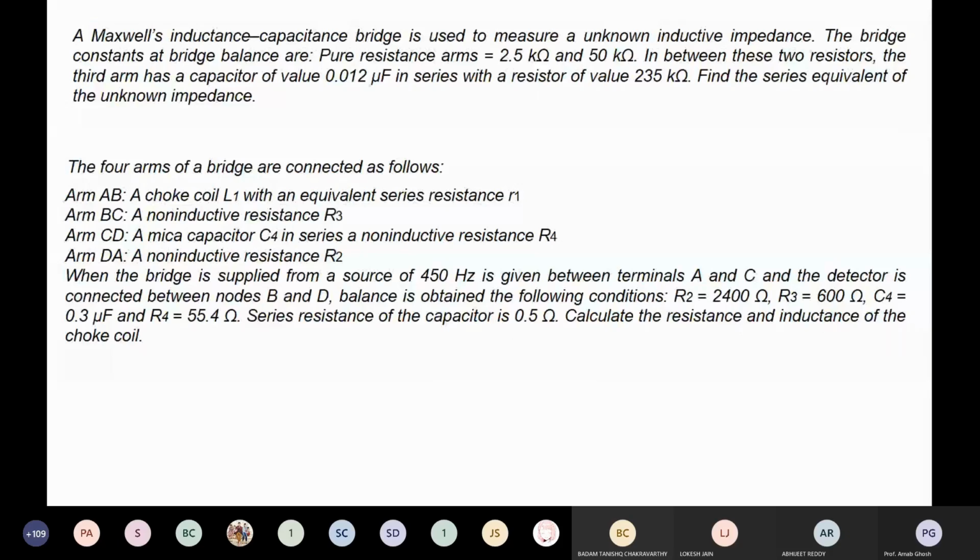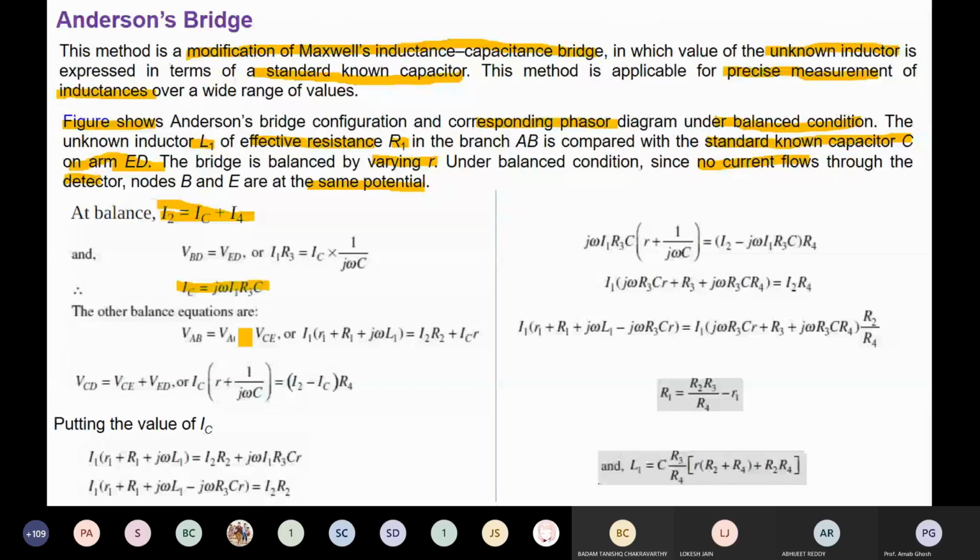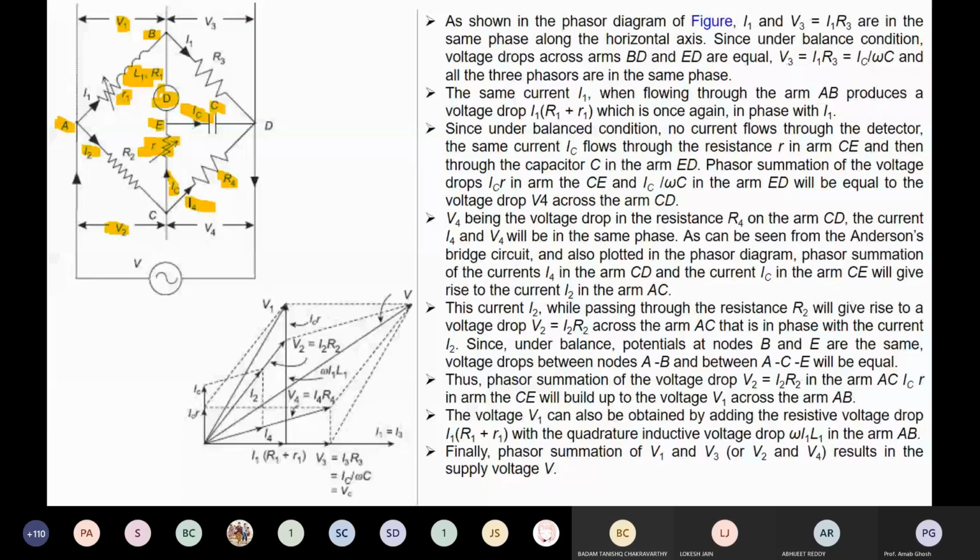You can do those basic steps at home. I think you are able to understand how to get that value. I am giving that expression for the phasor diagram, so it is your home task. If you face any difficulties, you can ask me in my next class, because these are the basic confusions of the Anderson bridge. All of you try to draw the phasor diagram of the Anderson bridge, because in the examination one question will be from the phasor diagram of the Anderson bridge, and for solving Anderson bridge numerical problems.